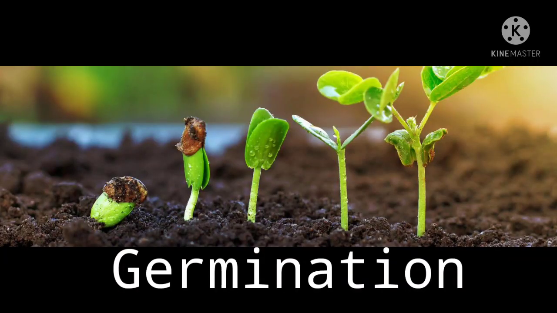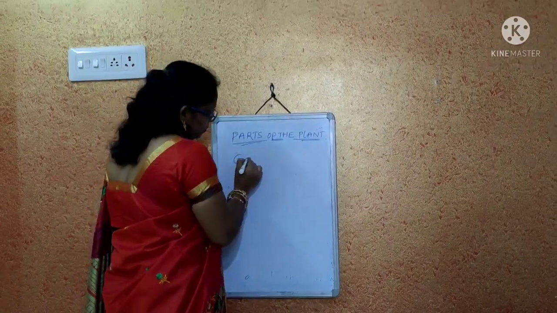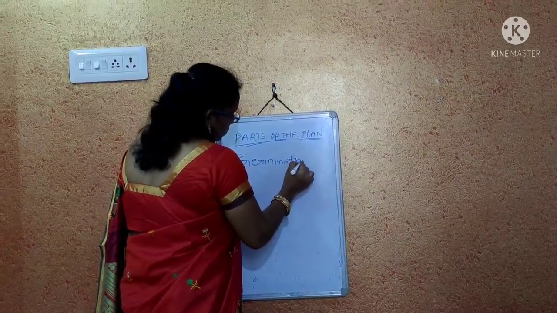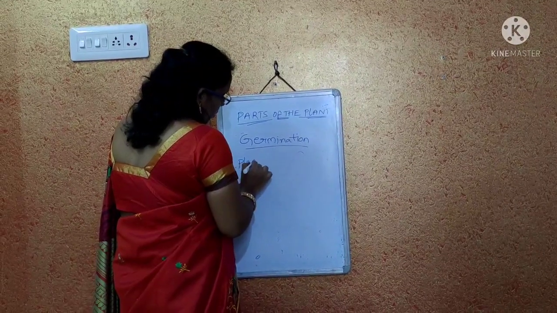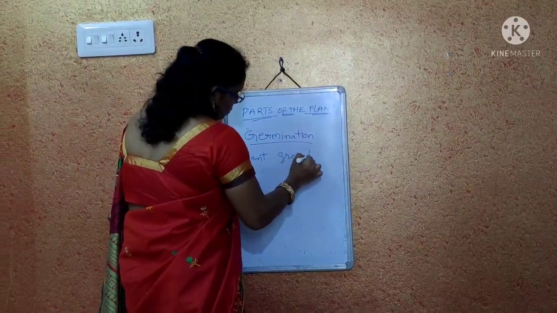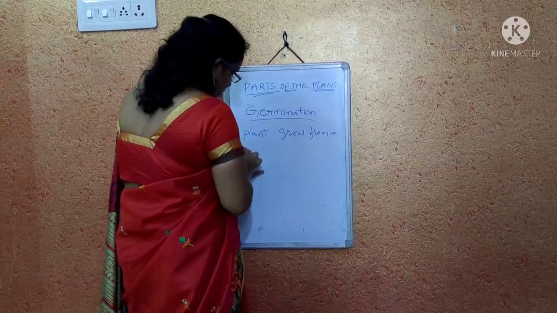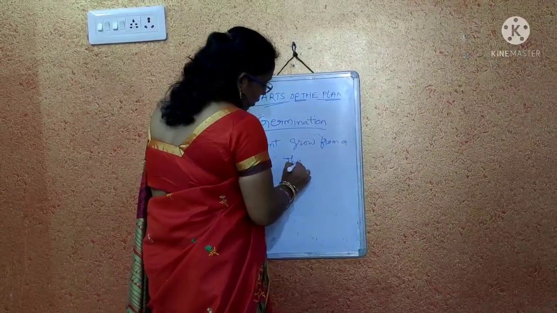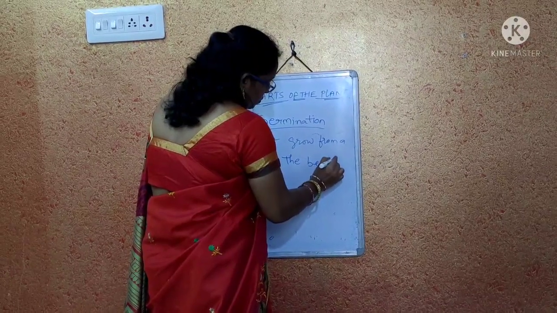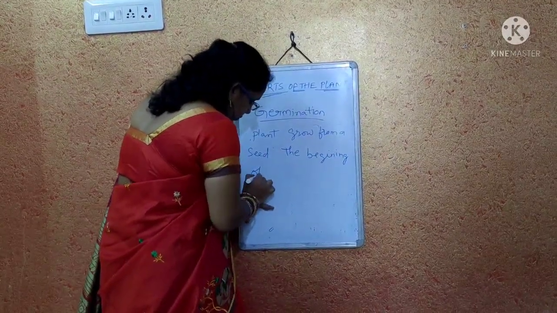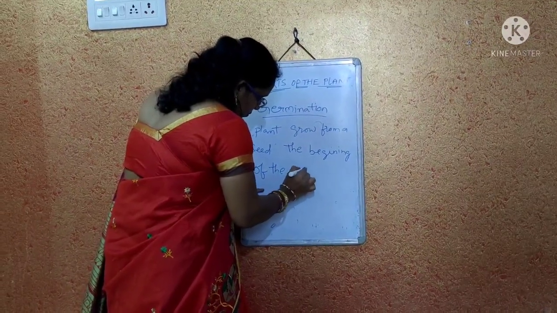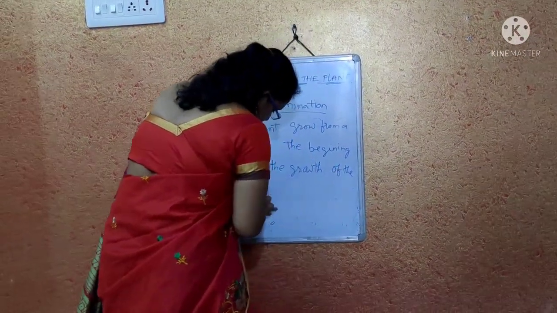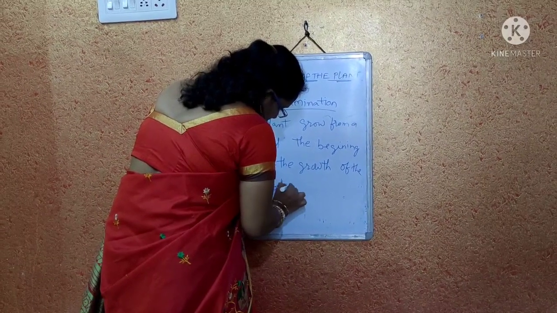Germination. Plant grows from a seed. The beginning of the growth of the root into a